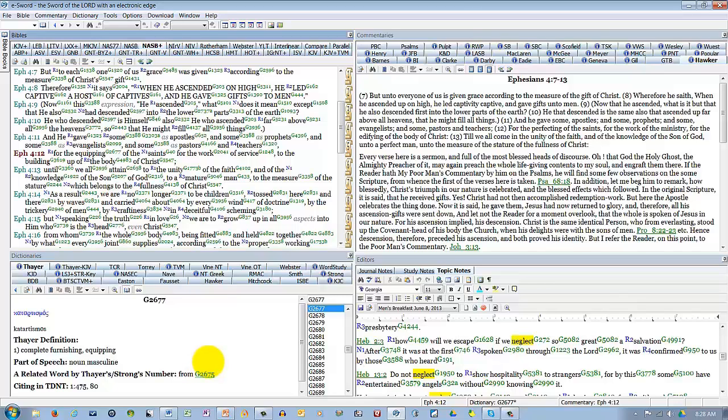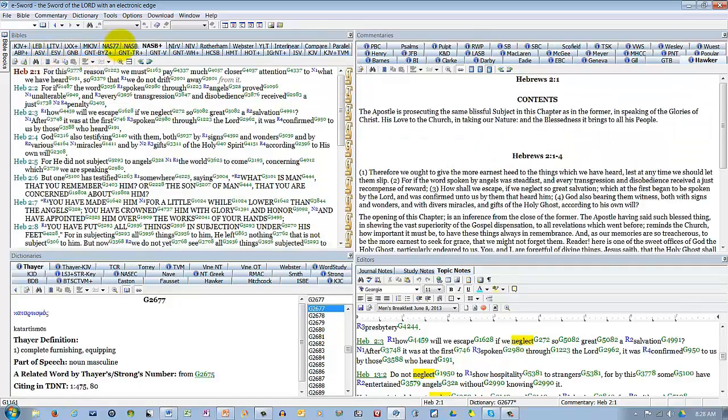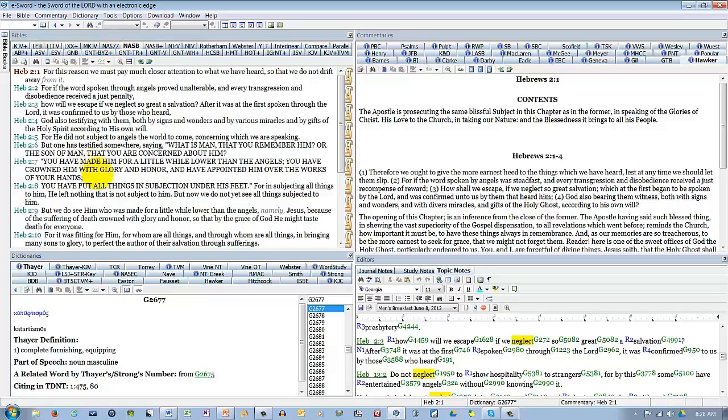And that's what I want to do right now, is I want to give you a brief tour of how I actually used eSword to do a Bible study. To start that, I'm going to be studying in the book of Hebrews, so I'll use my book tool. You'll learn all of these things in your tutorial. I find the book of Hebrews here, and I know that I want to go to chapter 2. I'll go back to the NASB without the Strong's definitions, and the concentration of my study is in verses 1,